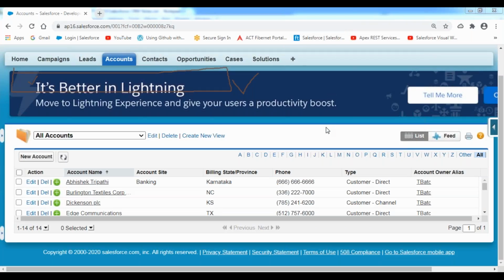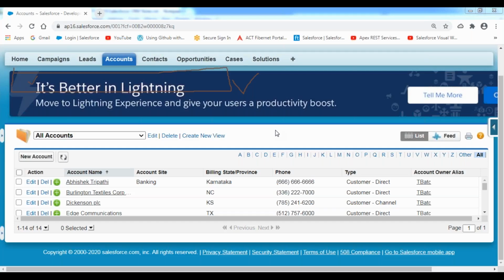Now you can raise a question. Sir, we created only 2 to 3 records inside this account object in the previous session, so how is it showing 14 records? The remaining 12 records are sample records that Salesforce gives in the account object, contact object, opportunity, lead, campaign, case, with a solution. In these objects, Salesforce provides some default, sample records to you